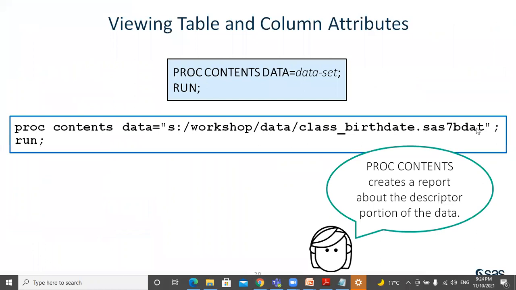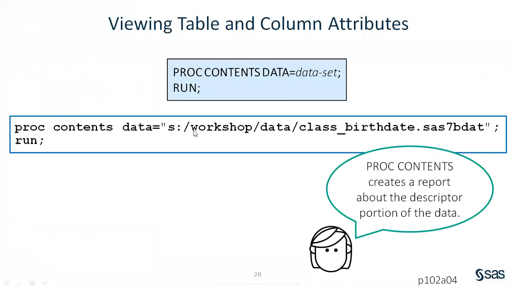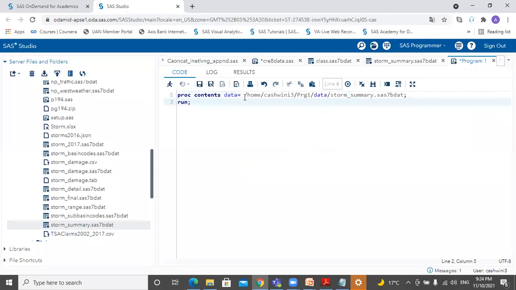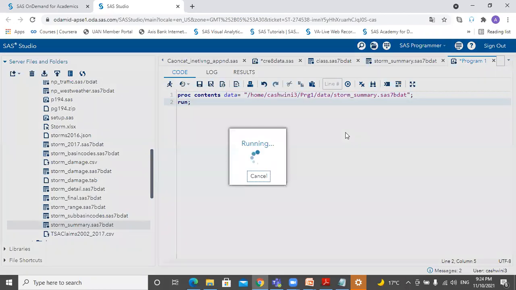The path is always provided in SAS in quotes. All right, and I submit my step.